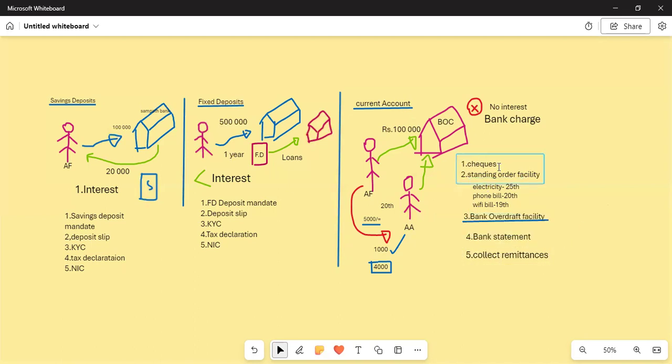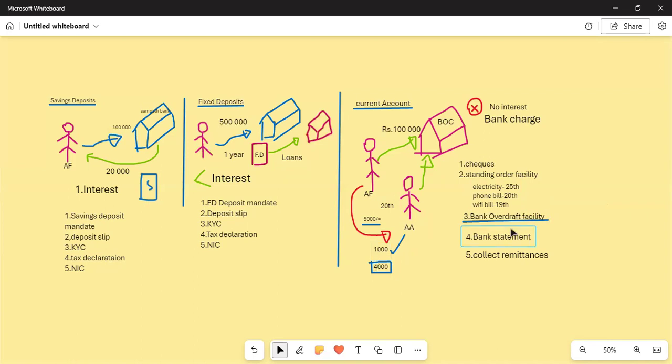Therefore, what are some of the things? Checks are there. You can write a check and you can delay your payment. There is something called a standing order facility. Standing order means on these respective dates, the bank will automatically pay those bills. There is something called bank OD. I explained what bank OD is. I'm writing a 5,000 rupees check to Asif, and Asif goes to the bank on 20th. But if only 1,000 rupees is there in the account, the bank will quickly give me a call, sir. Asif has come and only 1,000 is there. What shall we do? Then I give an order to them: okay, I'm having my OD facility. Quickly give that 4,000 from the OD. I will pay in another 2 days on 22nd, with a small interest. That is what you call OD.